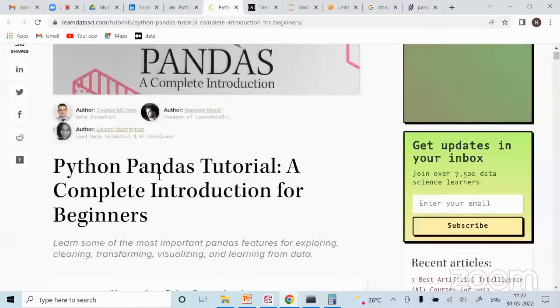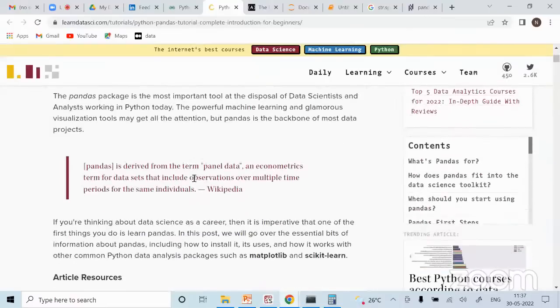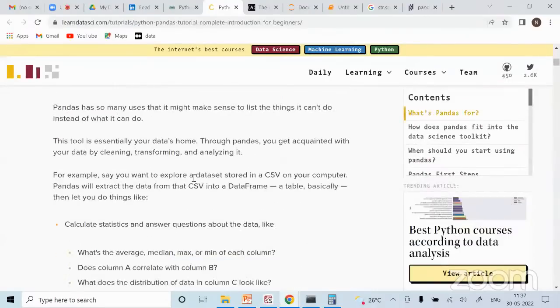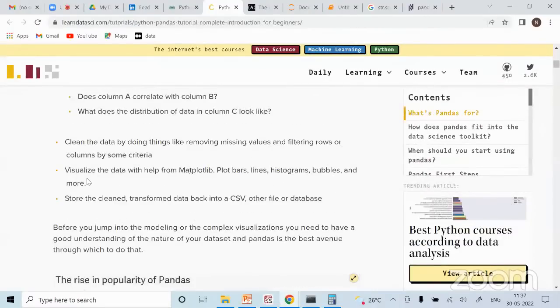So let's quickly go through the complete blog, which I really find interesting. It will be just a quick revision again for the Pandas library, right? So what is Pandas for? We already know, right?